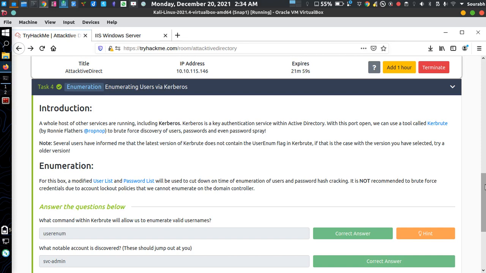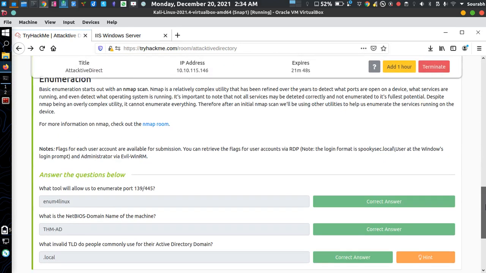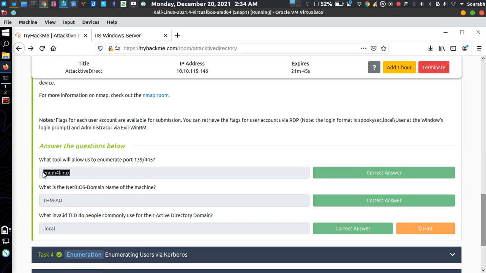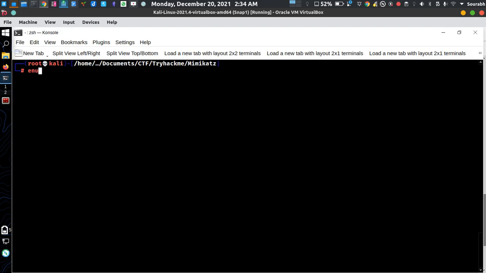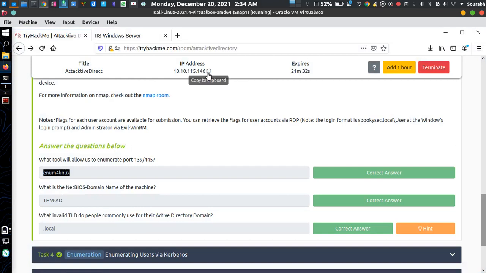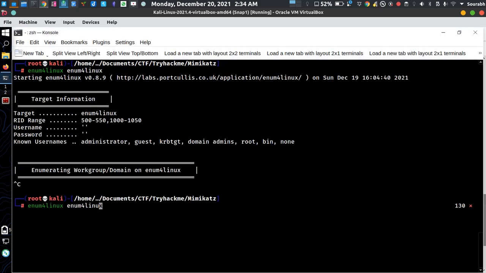Let me just go to my notes first. Okay, there's one thing that I didn't tell you about, the enum4linux part. So how can we use enum4linux? For using enum4linux, I just have to type enum4linux followed by the particular IP.